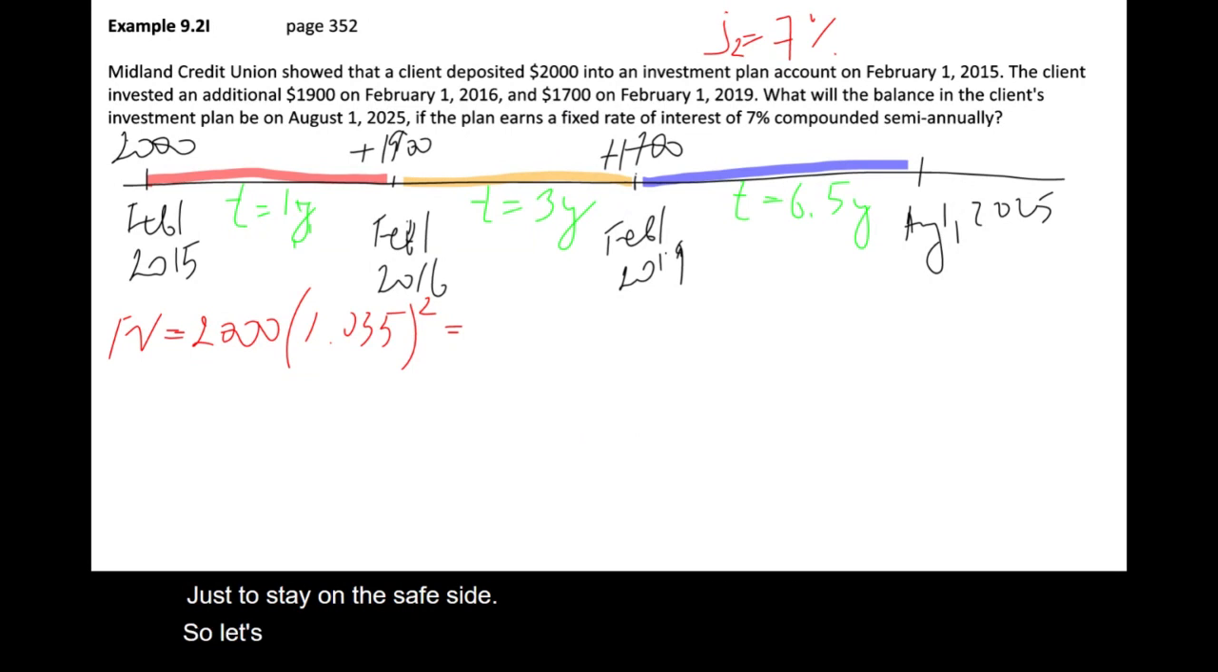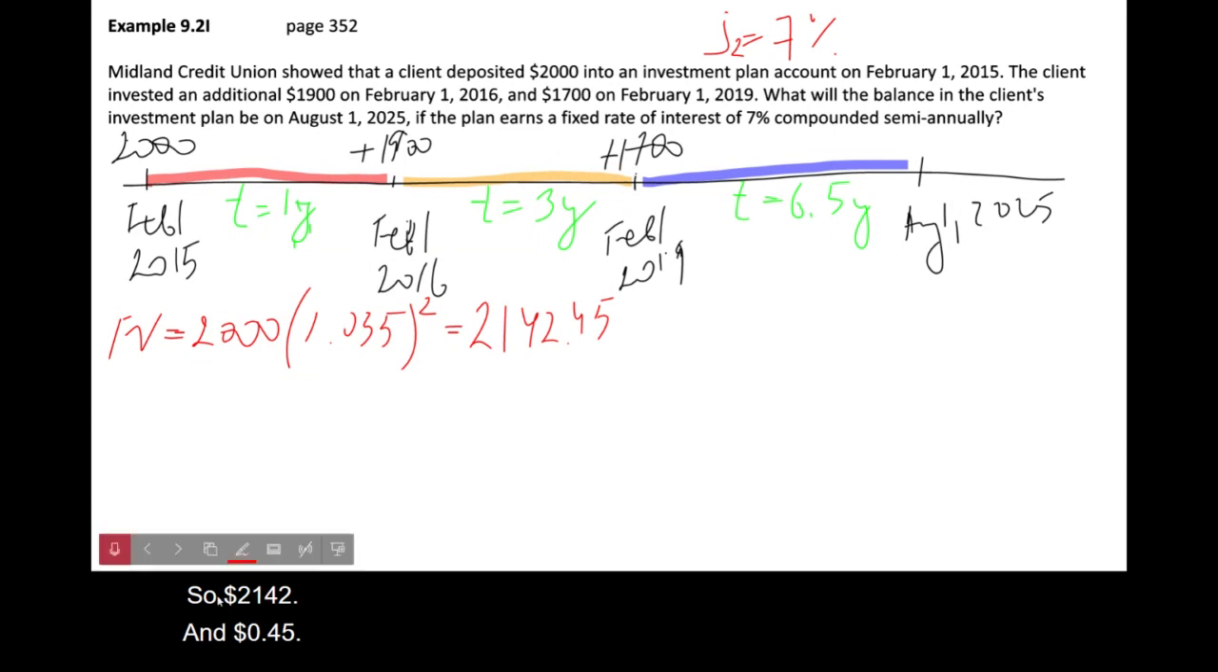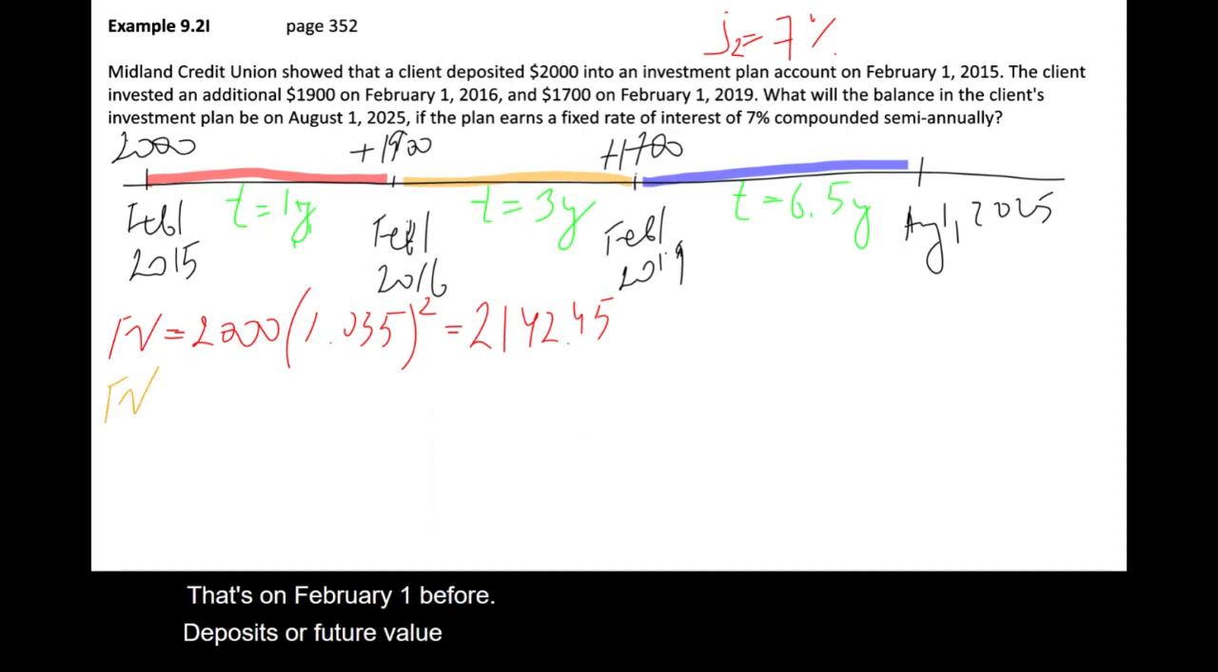So let's calculate the red interval. $2,142.45. That's it. That's on February 1 before deposit. So future value 2, for the orange, what I have,